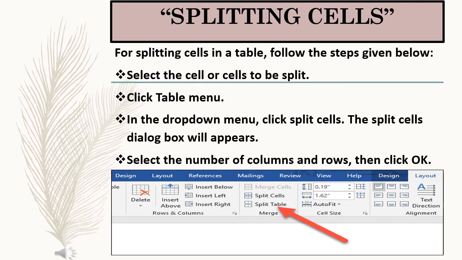Number 2, click the Table menu. Number 3, in the drop-down menu, click Split Cells. The Split Cell dialog box will appear. Number 4, select the number of columns and rows and then click OK. The table will show the selected cells split into smaller cells.